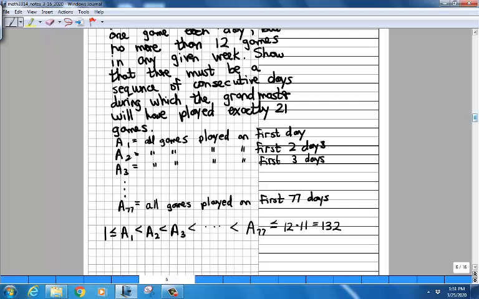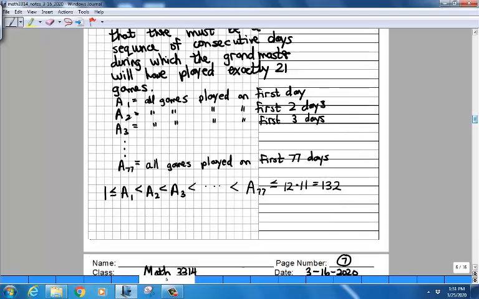Now here's the trick that makes it possible for us to make this conclusion that there was a sequence of consecutive days in which he played exactly 21 games. Because here's what I'm going to do. I'm now going to go back and I'm going to form some new sums. I'm going to take A sub 1 and I'm going to add to that 21, okay? So I'm going to take A sub 1 and add to that 21, and I'm going to do that, add the same number 21,